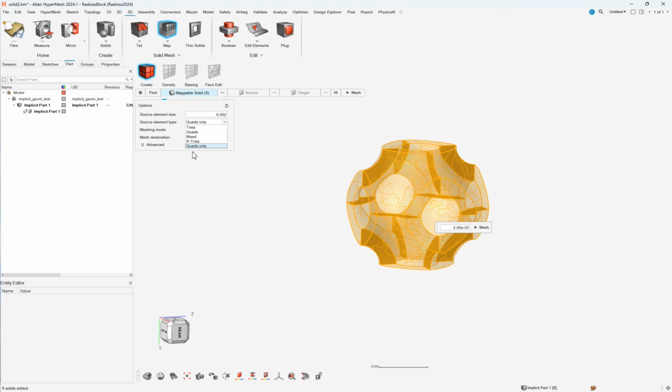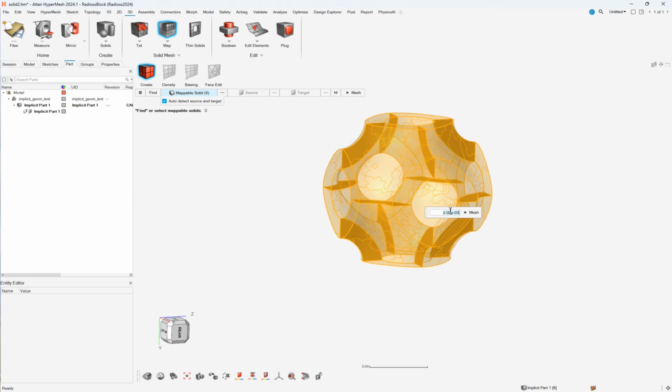So if I want to achieve in the end 8 node hexa elements, I will have to stick to the quads only type to be sure I only have surfacing quads from which I will get 8 node hexas when I extrude them through the thickness, right? So I can check that this element size is relevant compared to the dimensions of my geometry, and I will